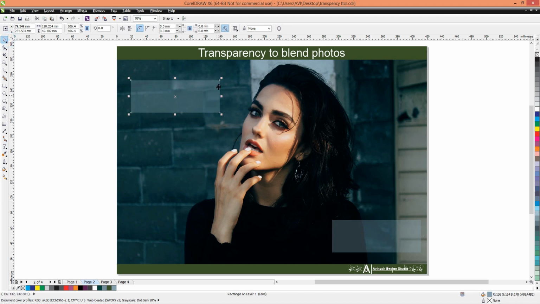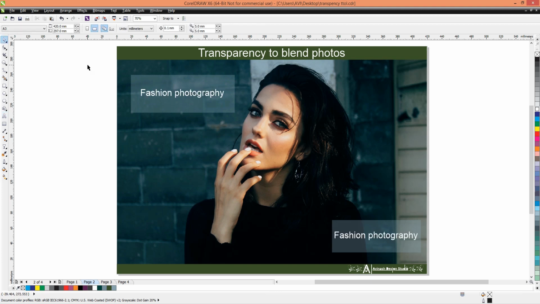Now you can easily write on this fashion photography. Like this you can write anything on any images, without disturbing our main photographs.